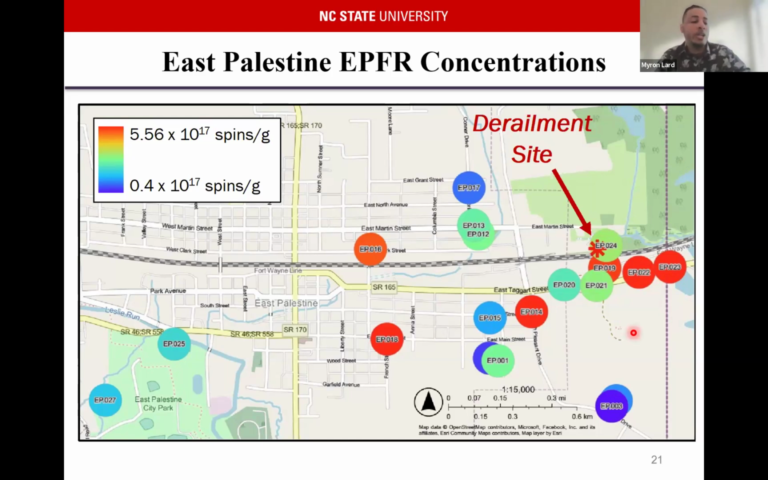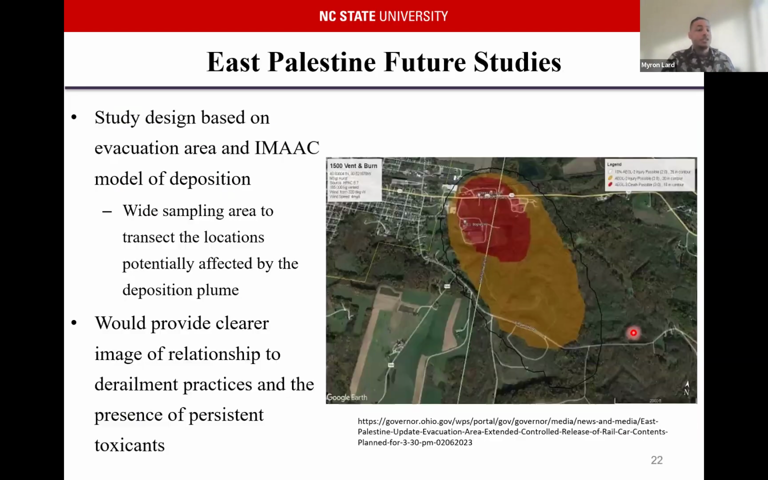So as you can see, we identified elevated levels of both contaminants in the East Palestine sample set, especially values in close proximity to the derailment area. So moving forward with our East Palestine studies, we want to do a more widespread study sampling set. We only were able to collect 27 samples from the community at this point, but we would like to do